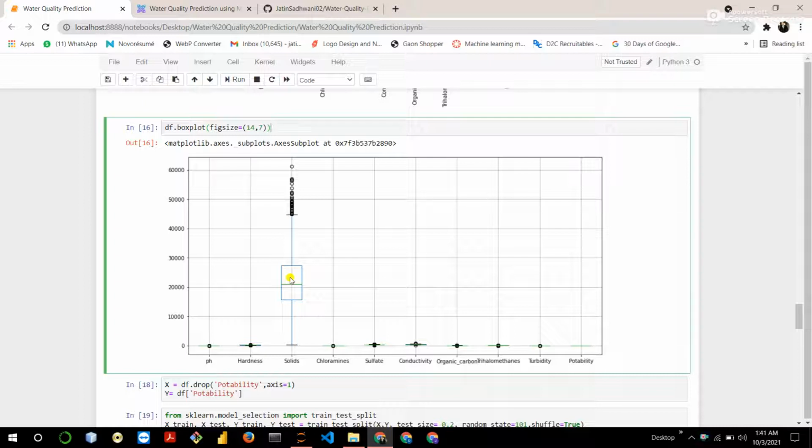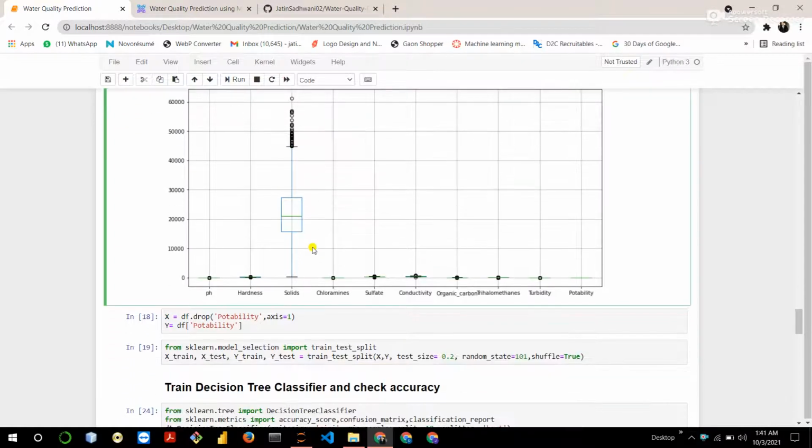It contains outliers that make the water impure, which tells us whether water is safe to drink or not. Solids may be high enough to make the water unsafe to drink. So we can't remove these outliers; we have to keep them to train the model.